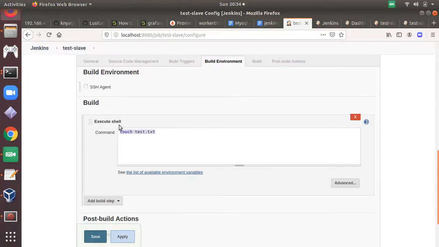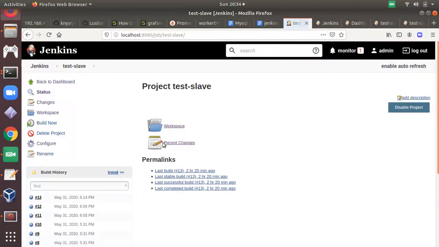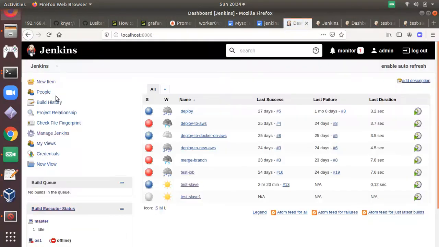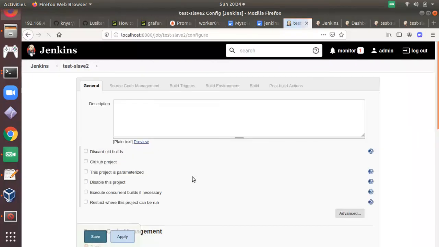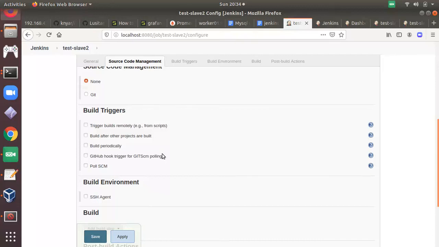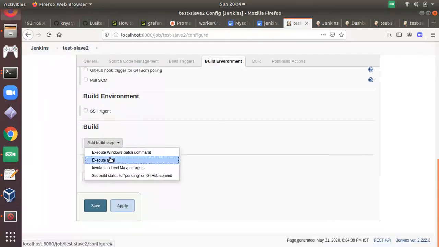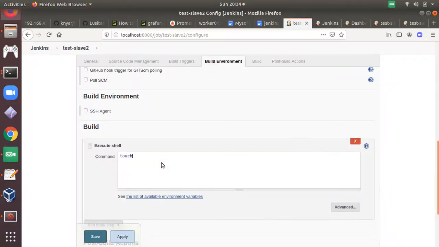It will create a sample test file. Nothing big deal. Now let me create a new job to make it clear. Test slave 2. Let me do test.